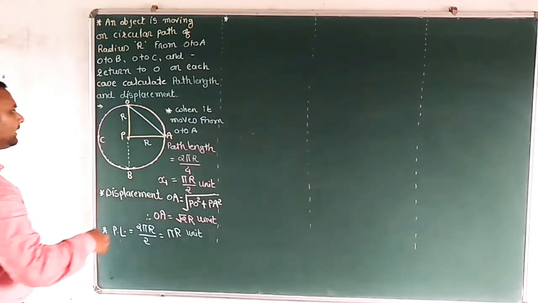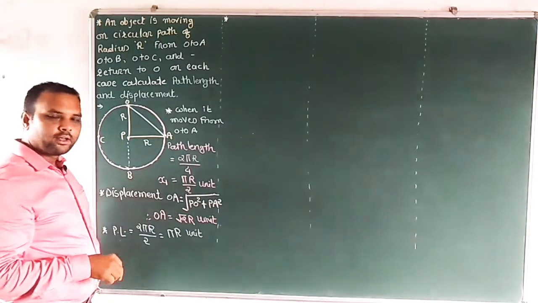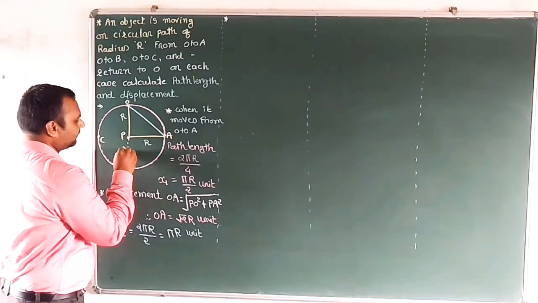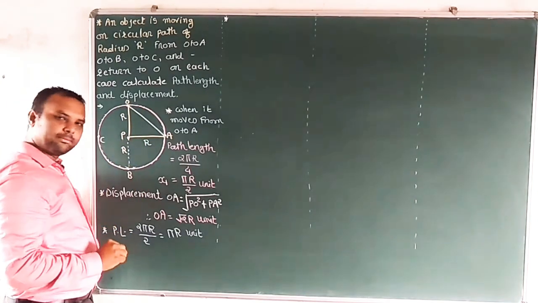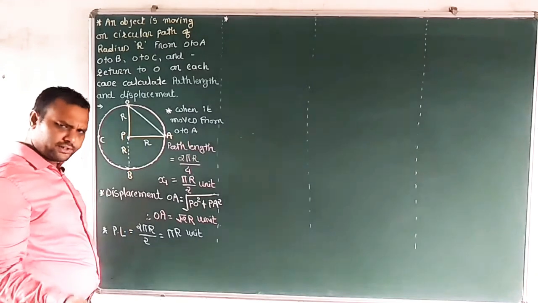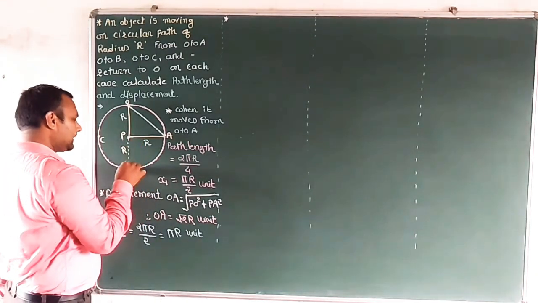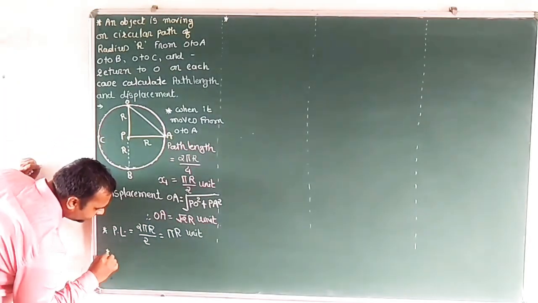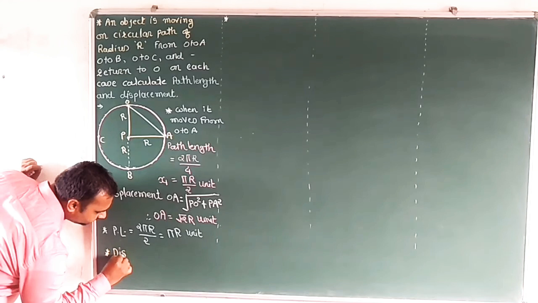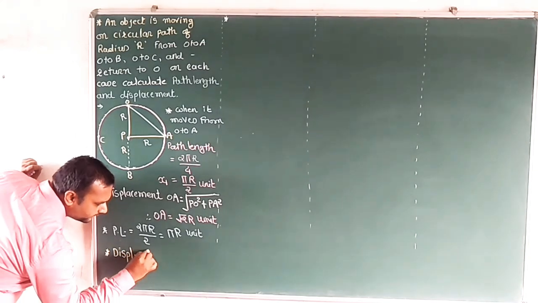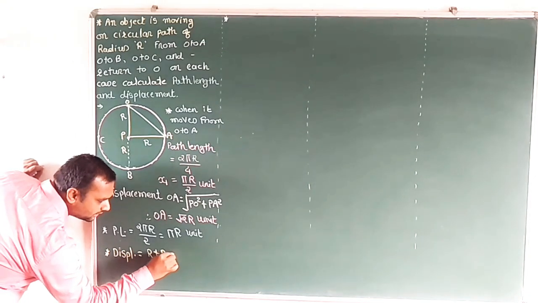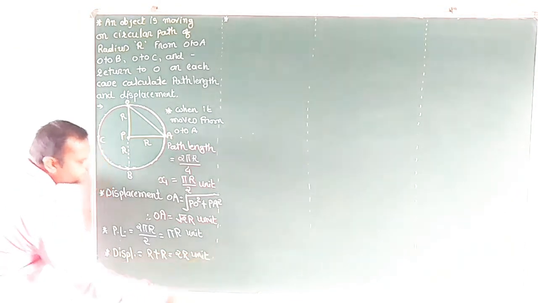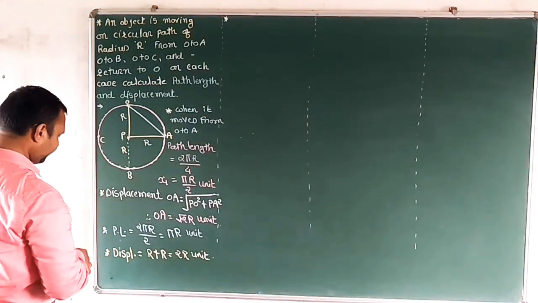Okay, in displacement from here to here कितना होगा, दिख रहा है r and r, total 2r। यहां से यहां तक का डिस्टेंस चाहिए आपको, यहां से आपके पास है कितना है, that is r, और यहां से यहां तक का r, टोटल डिस्टेंस कितना हुआ, 2r। ओके, सो डिस्प्लेसमेंट r plus r that is equals to 2r unit। ओके, और ये केस किसके लिए फाइंड हो गया, O2